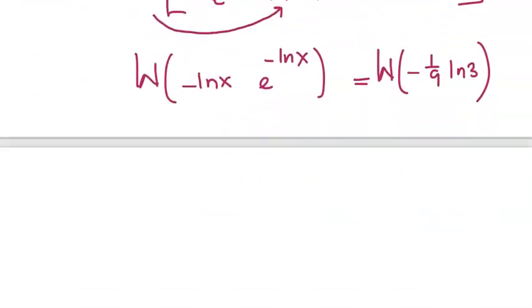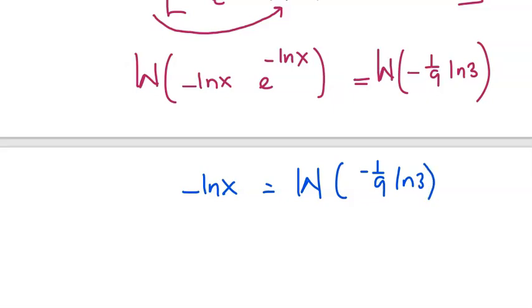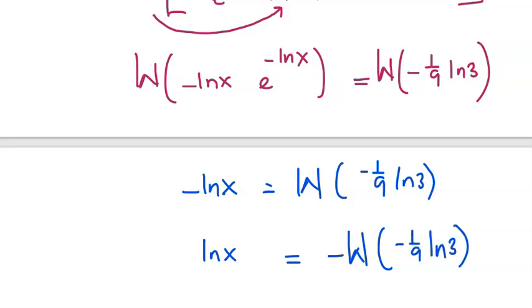The left hand side will give us negative natural log of x. So this is equal to W of -1 over 9 times the natural log of 3. Now from here, multiply both sides by -1, and the natural log of x will be equal to negative W of -1 over 9 times the natural log of 3,